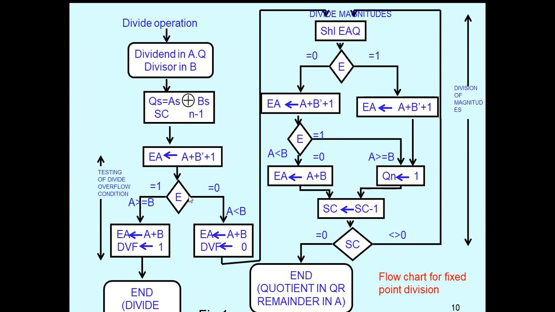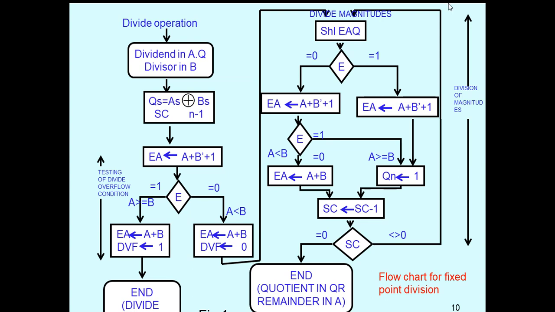So this is the way of checking the division overflow condition. If there is none, then again restore the B value to A and B. Once again you have to store the bits to the original registers. So for this restoring, we have to do this.